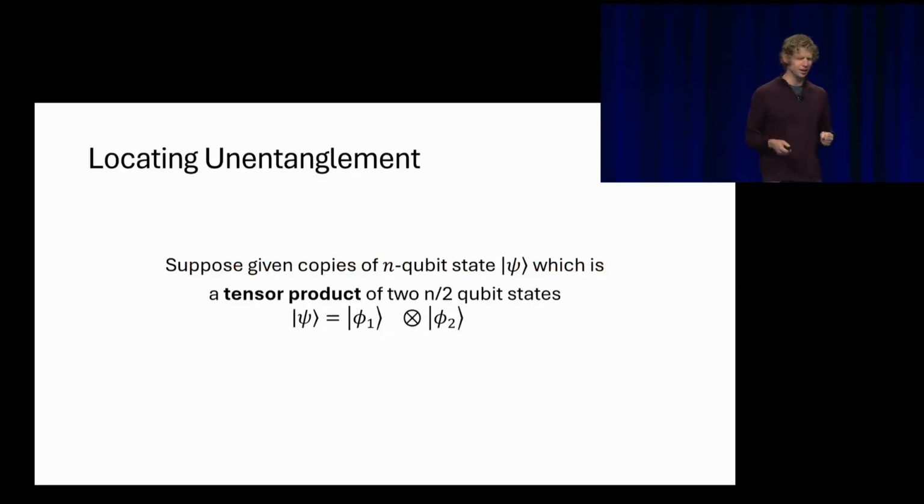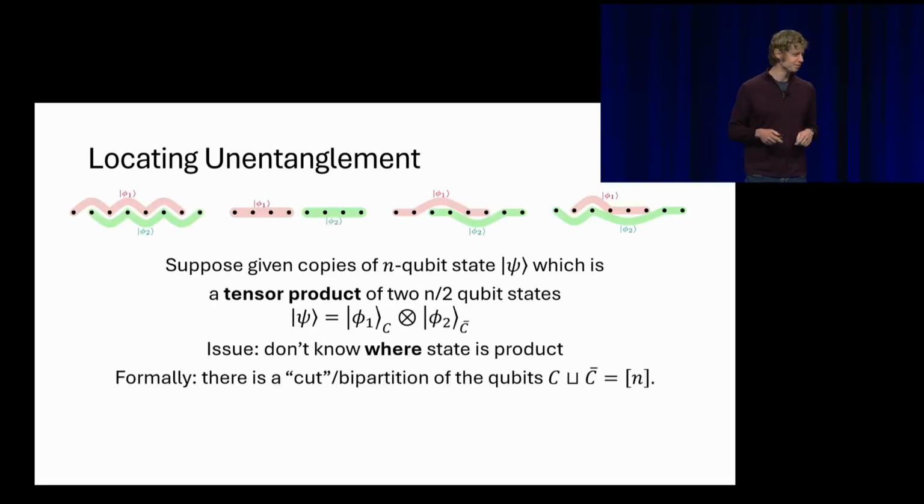So what's this problem? Let's say we're given a state psi, and it's a tensor product of two smaller states, phi1 and phi2, say on half the number of qubits. But the issue is that you don't know where this state is product. In other words, you don't know which qubits constitute phi1 and which of the n qubits constitute phi2. If we draw the states phi1 and phi2 as colored bubbles representing the fact that they're themselves entangled, then phi1 could be either qubits 1, 3, 5, and 7, or it could be qubits 1, 2, 3,